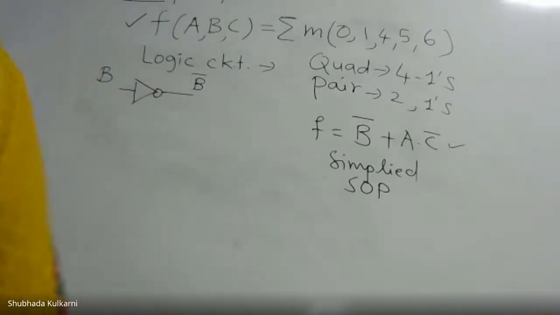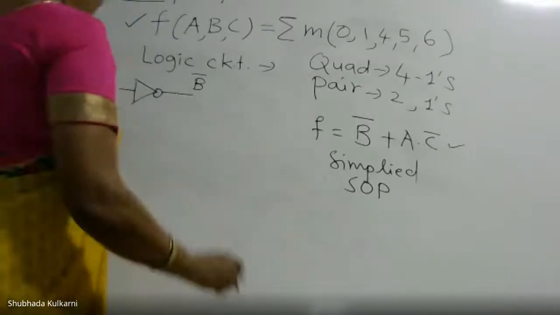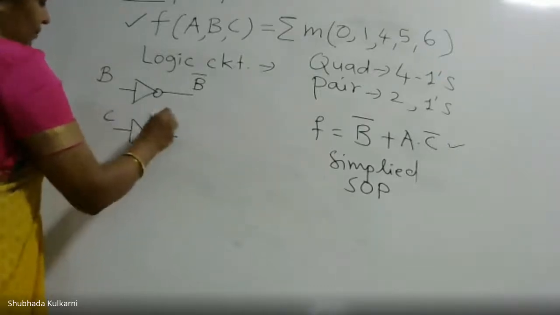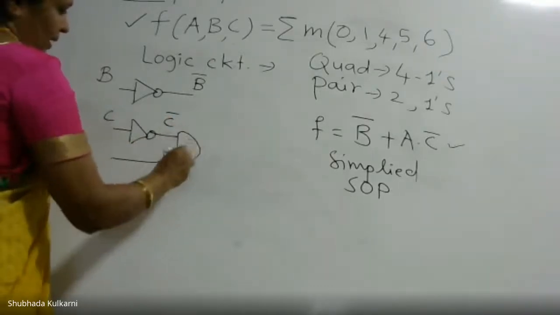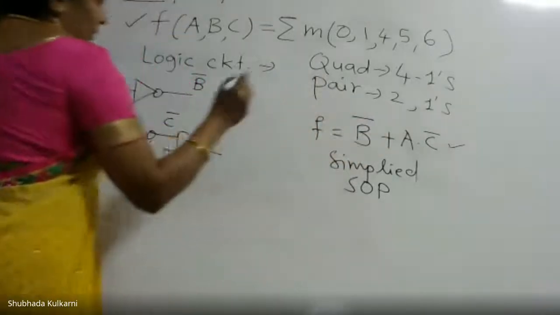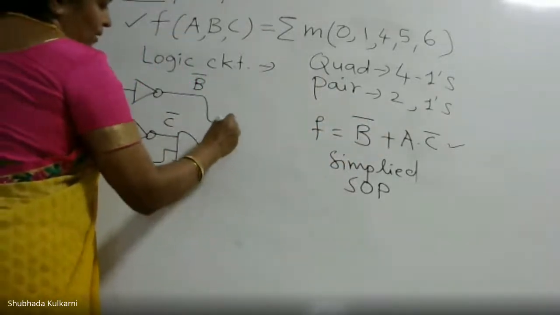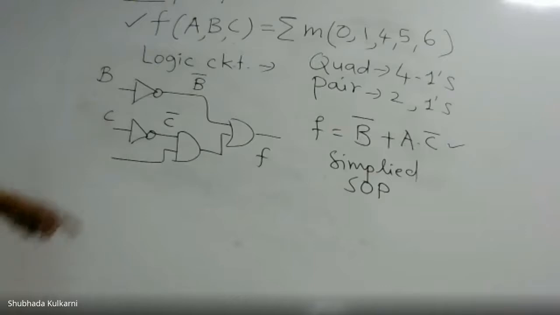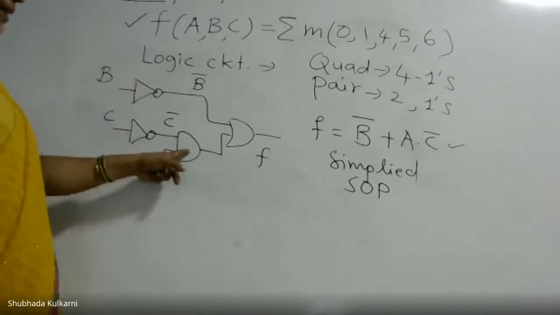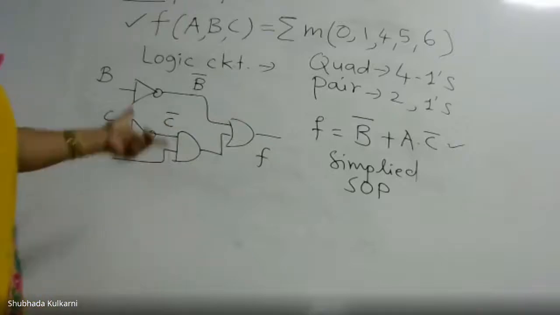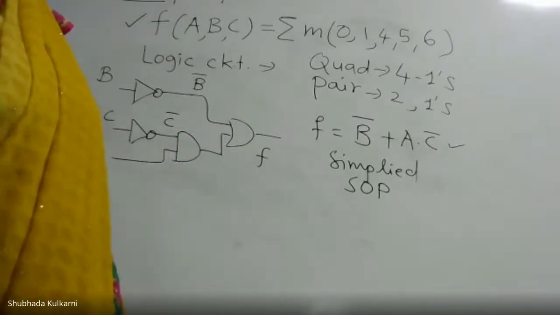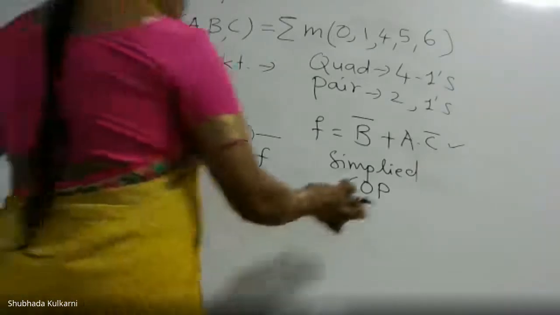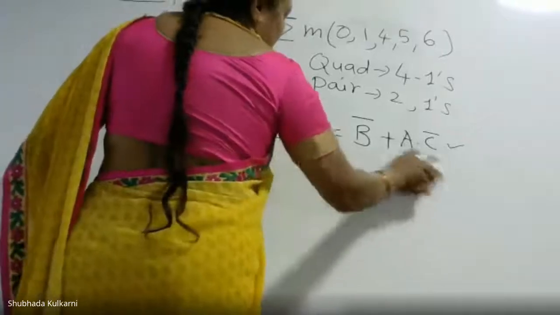Okay. Now I am drawing the logic circuit for this. The second is A dot C bar. So this is C bar. A dot C bar. Now you need the OR operator, OR gate. So put this together for the OR gate. And this is your Boolean function 1. So how many gates did you use? 2 NOT gates, 1 AND gate, 1 OR gate. So this is called realization of the logic circuit by using what? Basic logic gates. Now how can you use NAND gate?